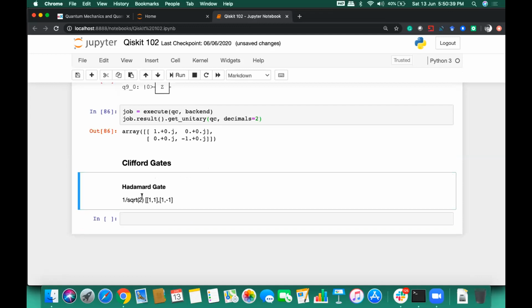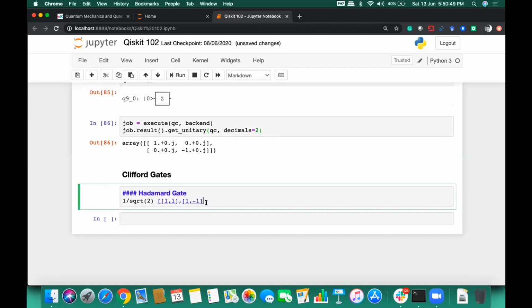Okay, I cannot write in the mathematical form here, but just try to understand. This is 1 by square root 2 into a matrix of this. All right, and equivalently, if I have to represent it using unitary gates, that will be U2 of 0 and pi.